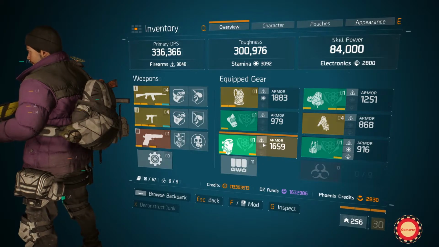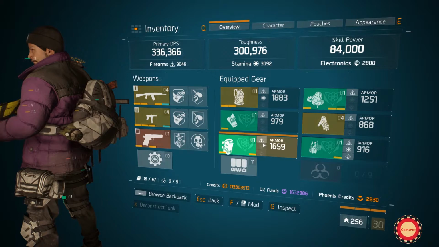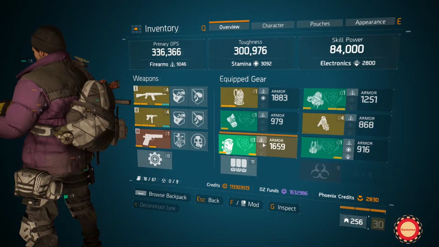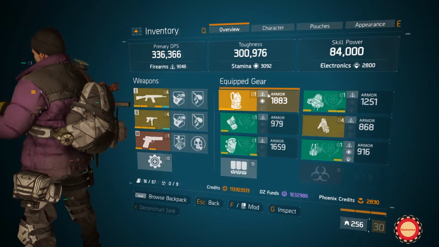Now if you have all these gear sets, you will be able to easily melt down the enemies, as you watched in the video how easily I was able to kill them and dominate each and every map, almost winning all the rounds. Now for the chest piece, you should